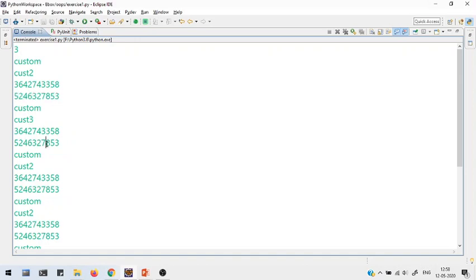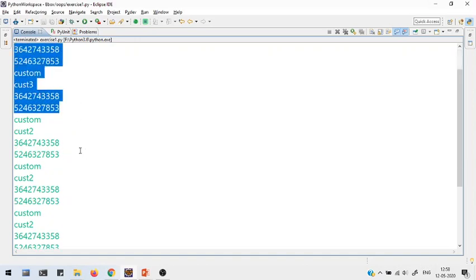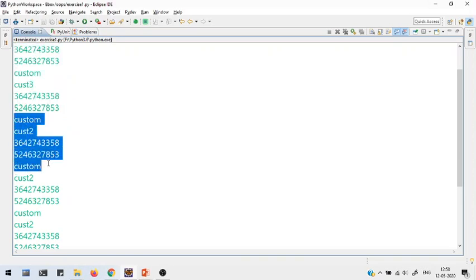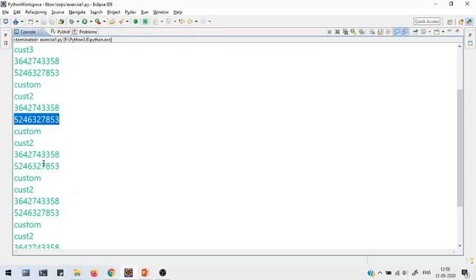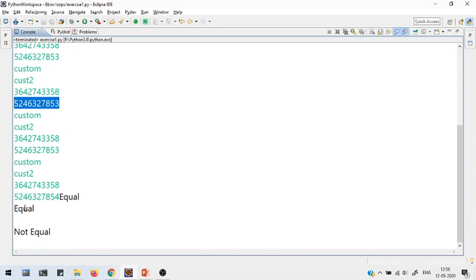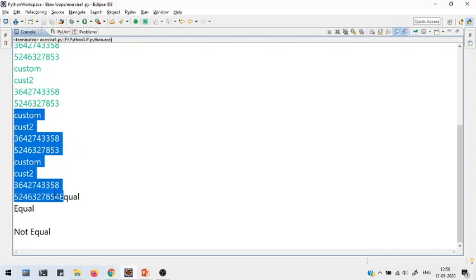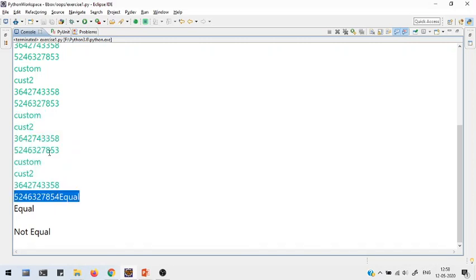If both the phone numbers are the same, that means they are duplicates, hence it is printing equal. This is the second test case. Here again the phone numbers are the same, that is why I'm getting equal. And this is the last test case. In the last test case the phone number is different, so here it is 54 and here it is 53, hence they are not equal.